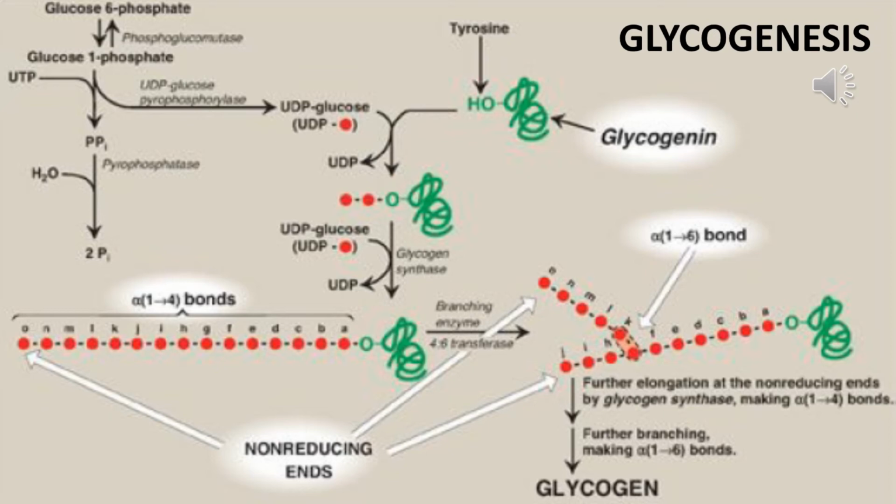In all the cases, the enzyme is glycogenin itself. Now, how many glucose residues are added in the chain? 1 plus 7 is equal to 8. Remember, all these bonds are alpha-1,4 bonds. There is no branching. Then the activity is taken over by the other enzyme which is responsible for synthesis of glycogen. That means glycogen synthase.